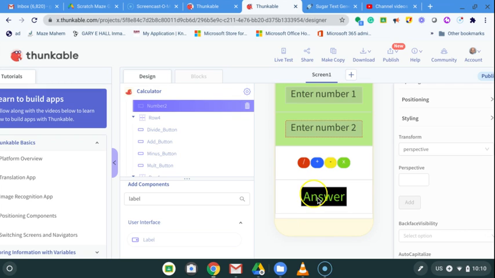And in the next tutorial, we'll go on to a little bit more complicated coding than we did before. We will start coding it to do the calculations when we enter a number and press one of the buttons to do the calculation. And it hopefully should display the answer in